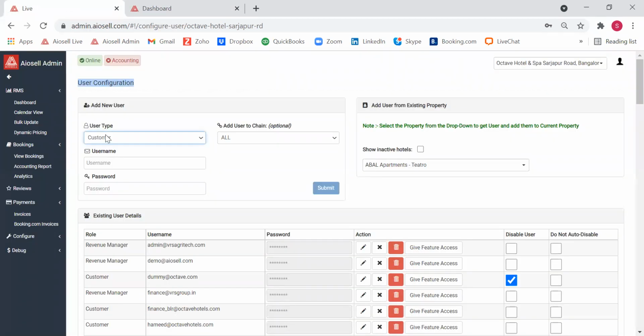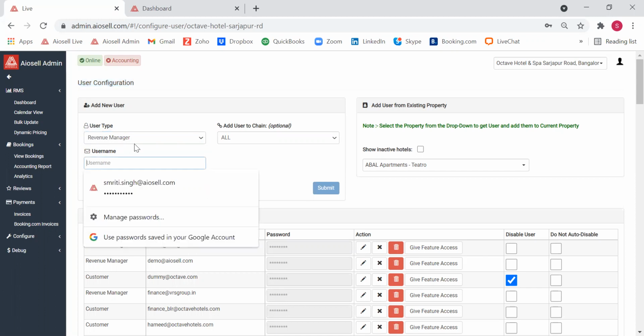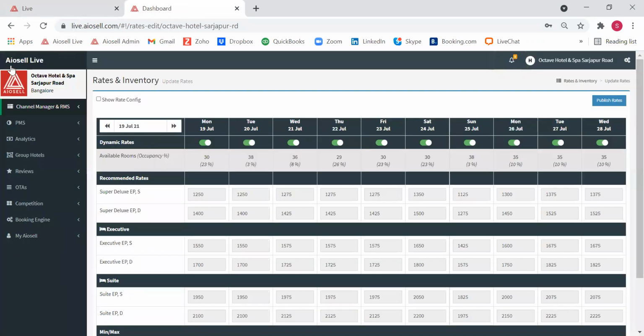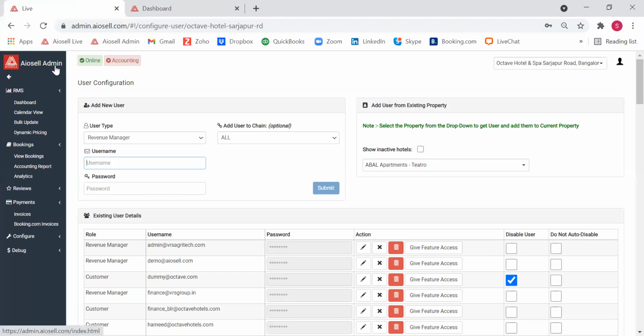And the second role is that of a revenue manager, wherein if a user is created under a revenue management role, this user will not only have access to IOSL Live, they will also have access to IOSL admin, which is the backend of IOSL, so that they have access to the dynamic pricing algorithm and many other such features.